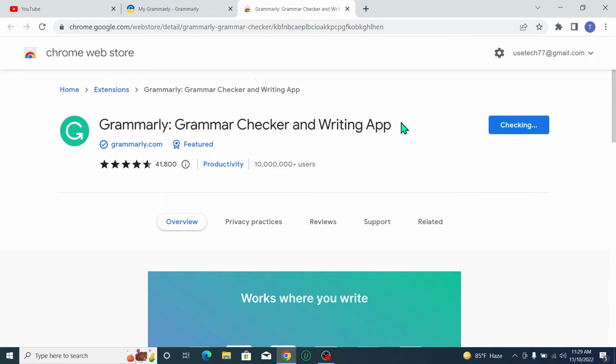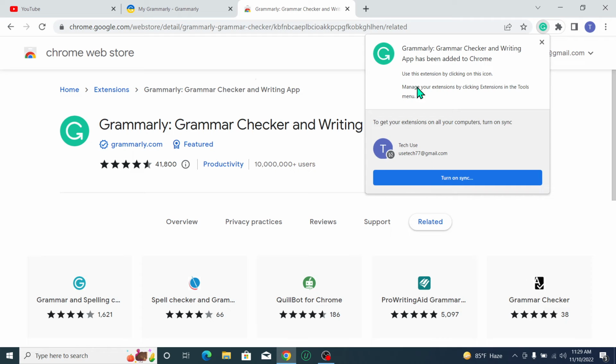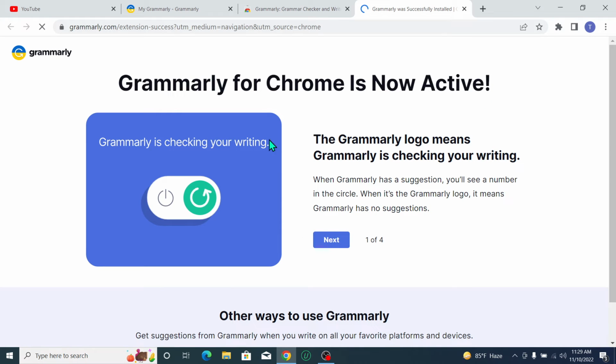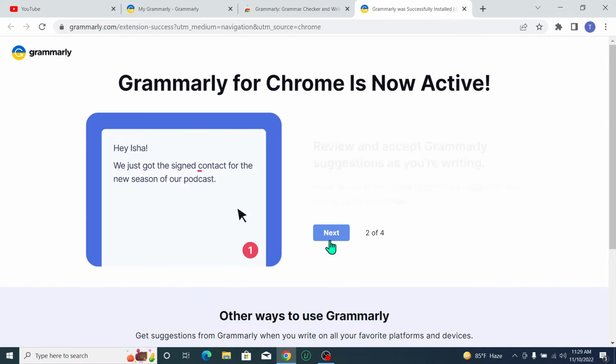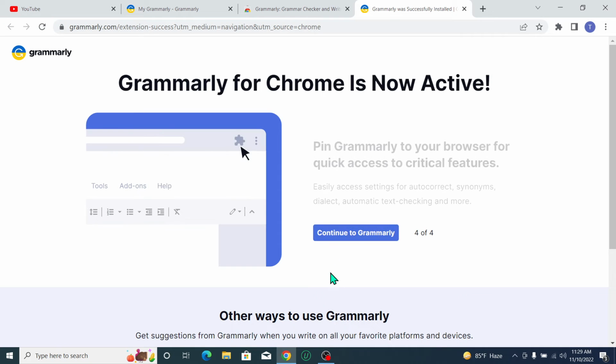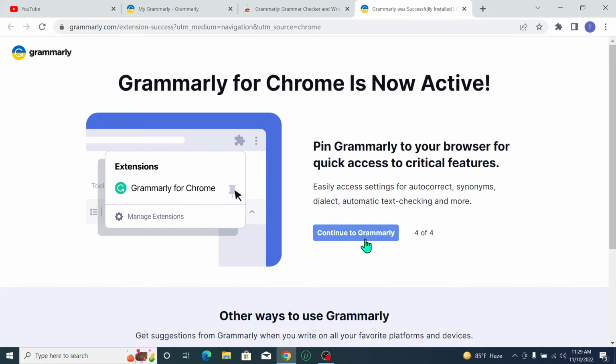So here you can see. Now I just go on, there you can see it's already here. There you can see it's active. Now your Grammarly in Chrome is already active. Just take a look. Next and next. That's it, now continue to Grammarly,